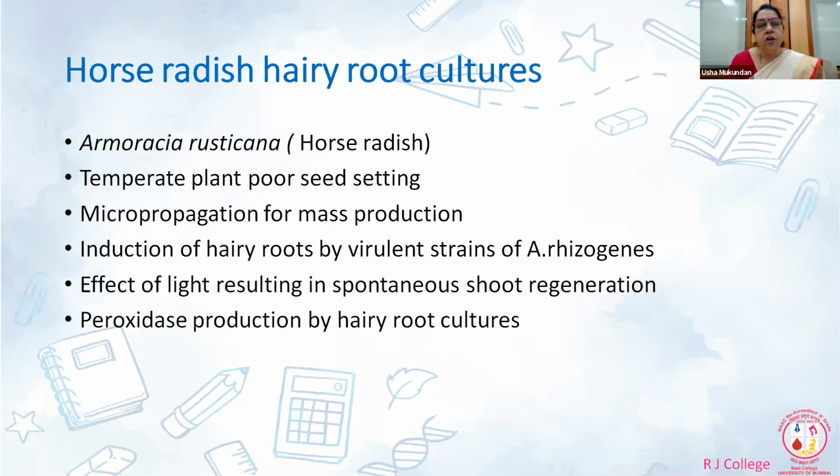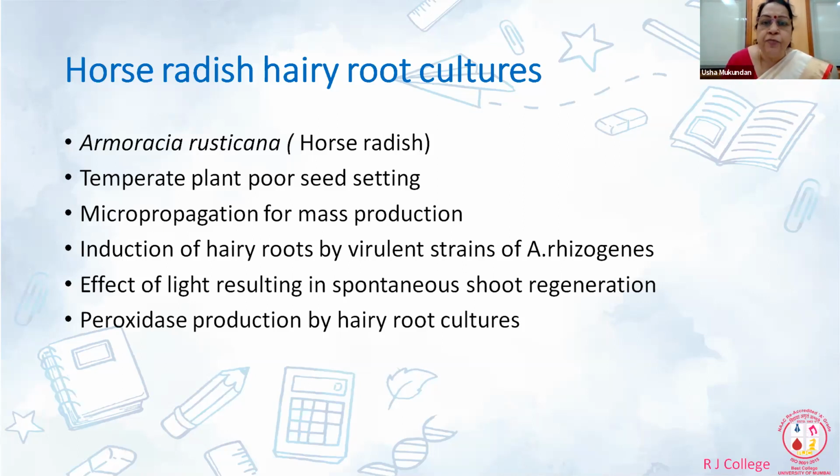Now, because the plant is not available, what do you do? You micropropagate so that you have your own plants available to you as and when you require. And these micropropagated plants you establish in basal medium for some time and then use for transformation studies. So by inoculation, either you can use the petiole or you can use the leaf. You can inoculate with virulent strain of Agrobacterium rhizogenes, and it's an amazing system. Within no time you get these hairy roots.